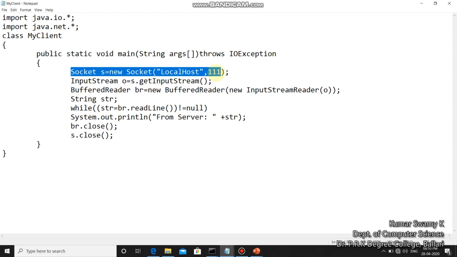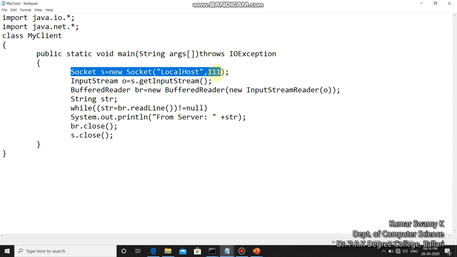Localhost is used because these two programs, my server program as well as my client program, are getting executed on a single machine. And 111 is the port number which establishes a point for client and server communication.